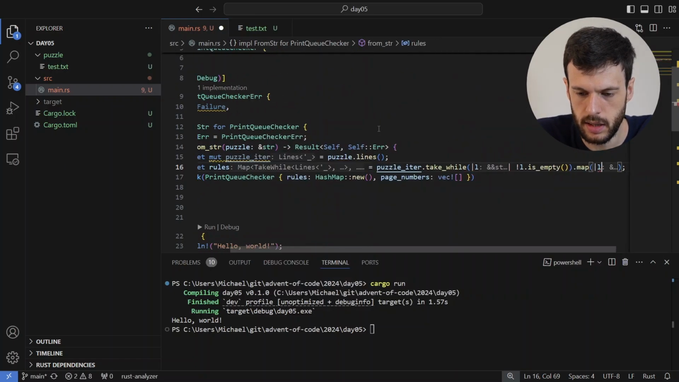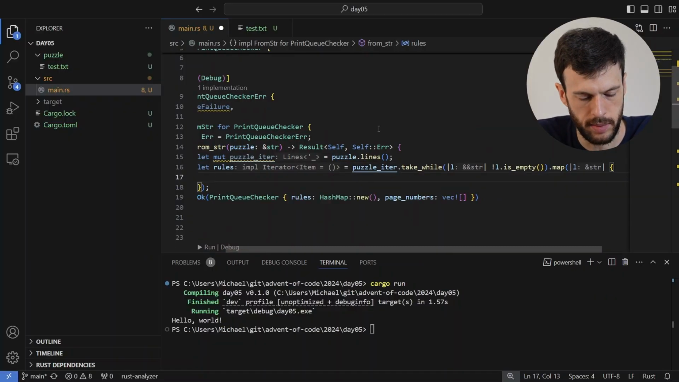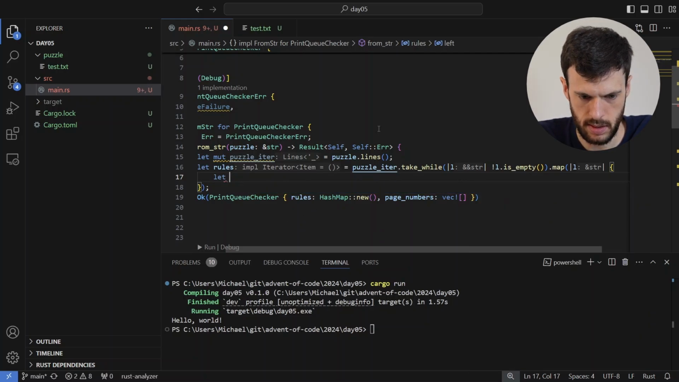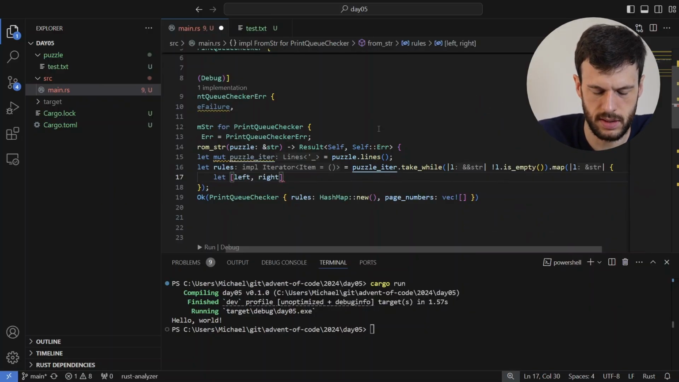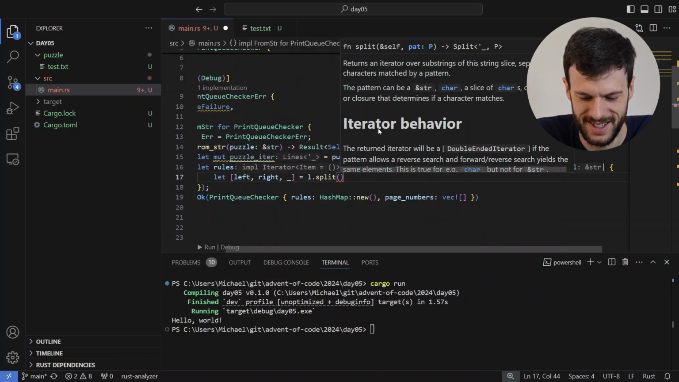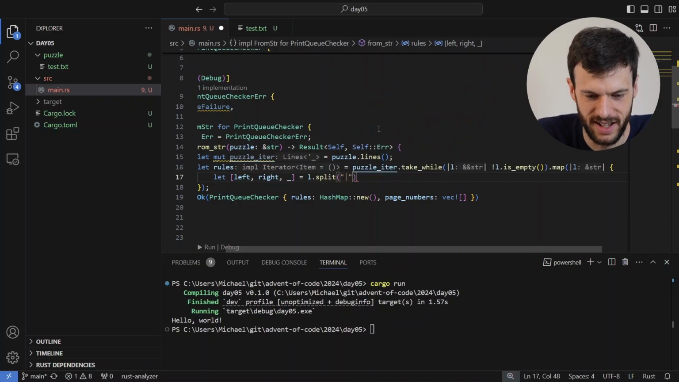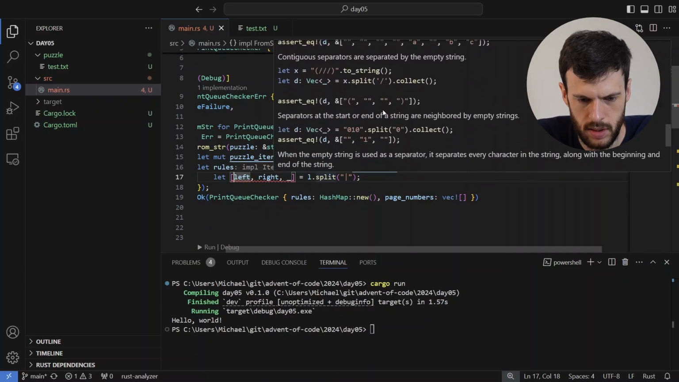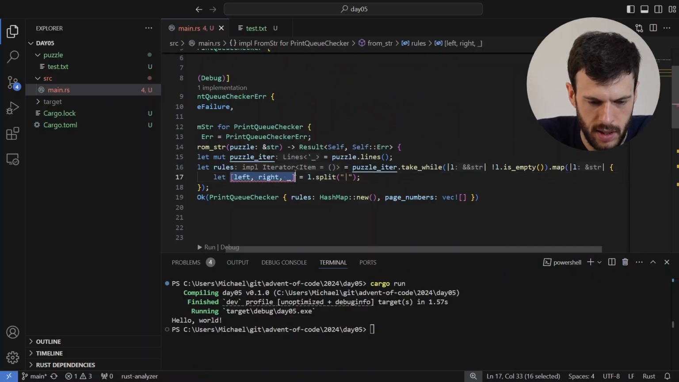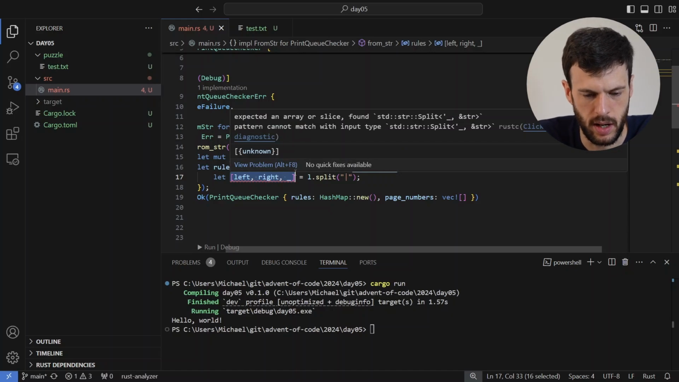So for each line, I'm going to let L is, oh, sorry, let left right is, I think I tried to do this before and it didn't work, but I'm going to do it again. See if I can figure out this time how to do it right. No, it always collects into a vector in the examples. Okay, never mind. All right, let's do